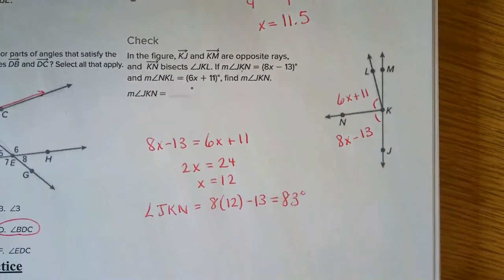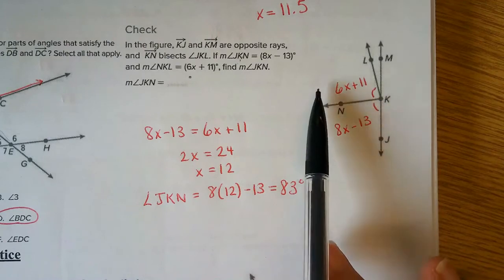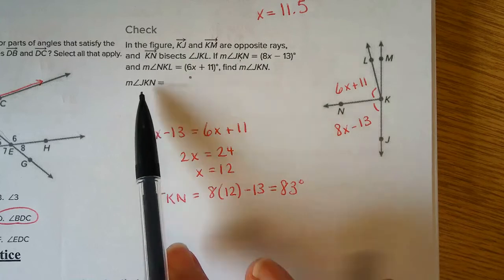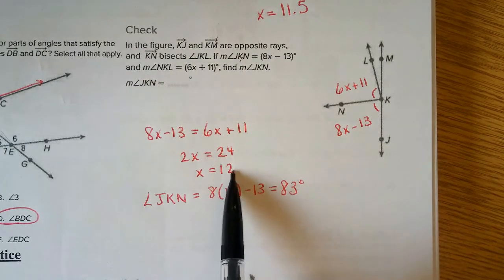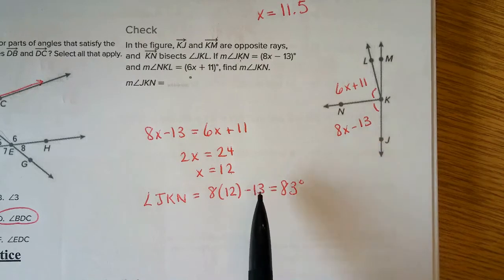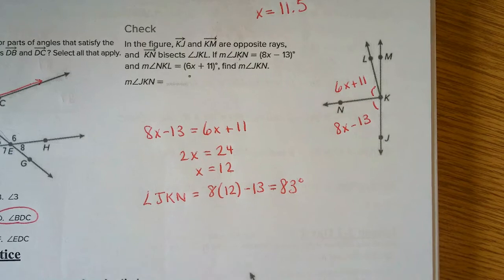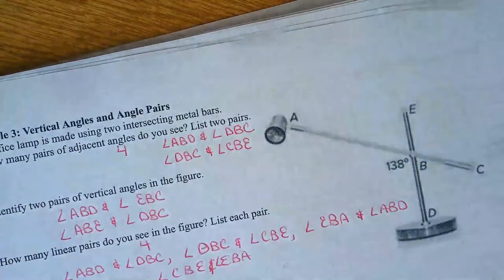So after you read through there, you should have found that these two guys were equal to each other. And so you're going to set those two equal and solve for x. They want you to find angle JKN. So I plugged that 12 back into that expression and I found my angle was 83. All right, so that concludes day 1. So if you're needing day 2 of the notes,